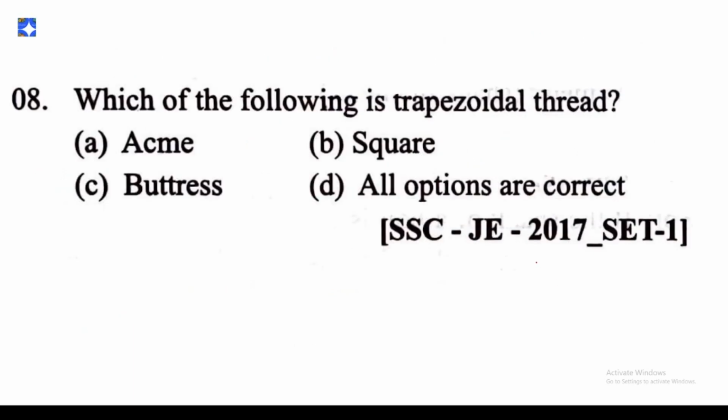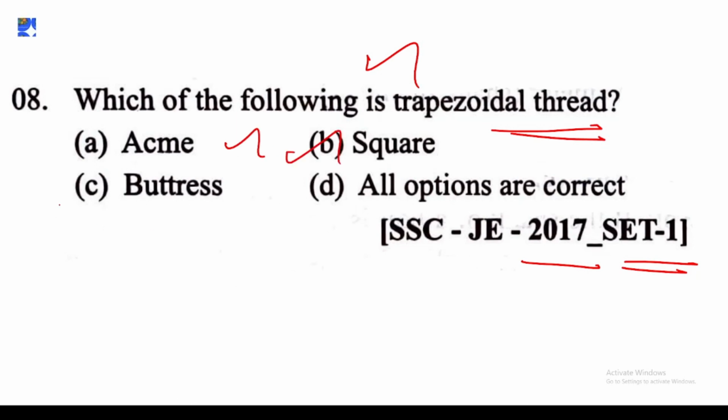This question was asked in the year 2017 set 1. Which one of the following is a trapezoidal thread? You have been given four options. Option A, acme, option B, square, option C, buttress, and option D, all the options are correct. Actually, this trapezoidal thread is an acme thread,